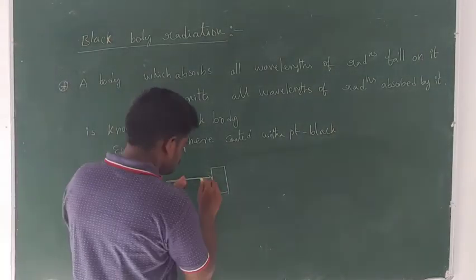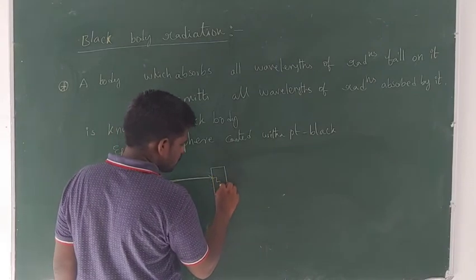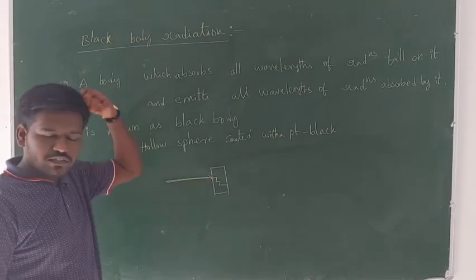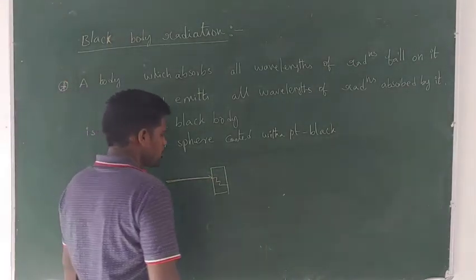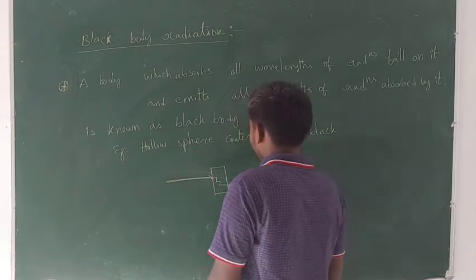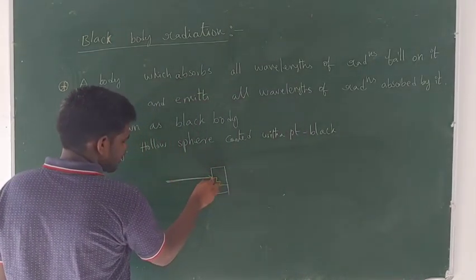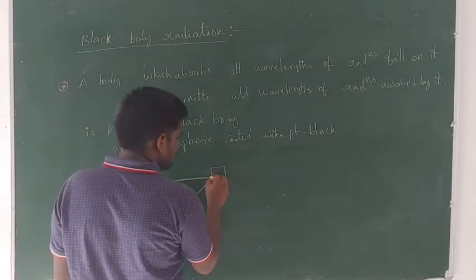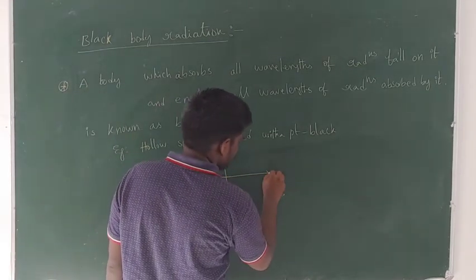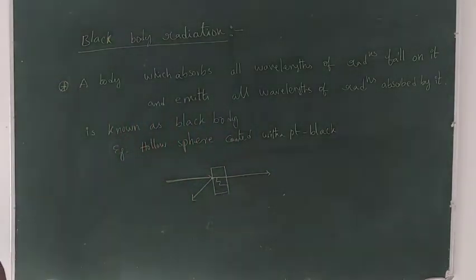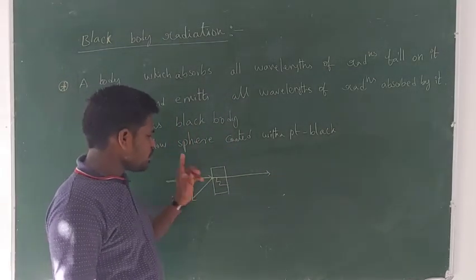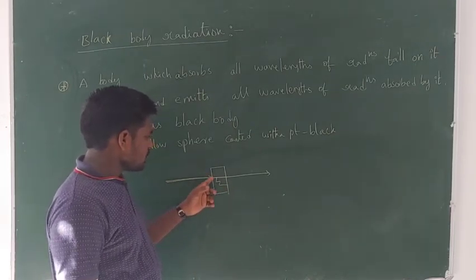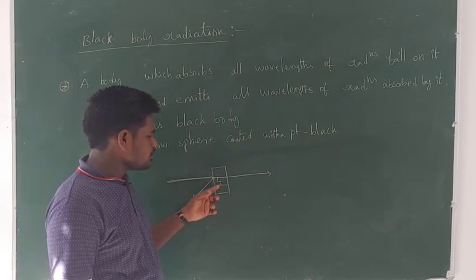First, the body absorbs some amount of the radiation incident over its surface. From that, some component is absorbed by the body, some component is reflected from the incident radiation, and the rest is transmitted through the body. So here, the radiation is incident over a body and three things happen. First, energy, or light, is absorbed by the body.